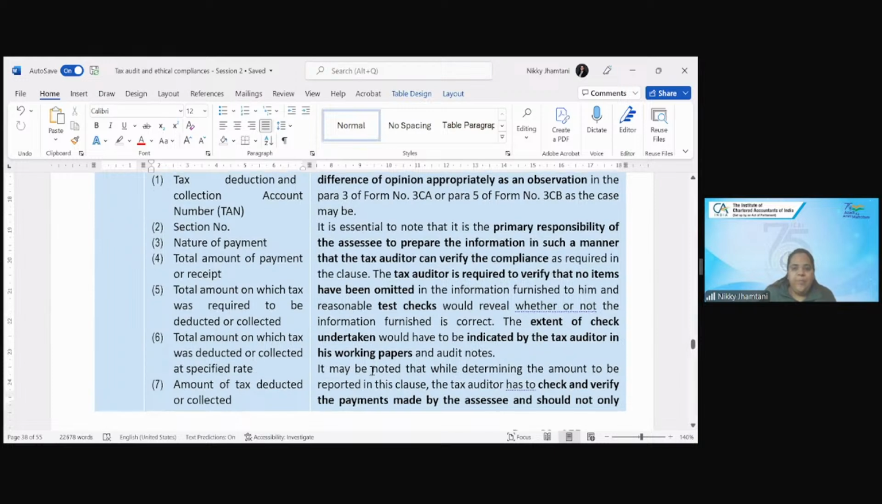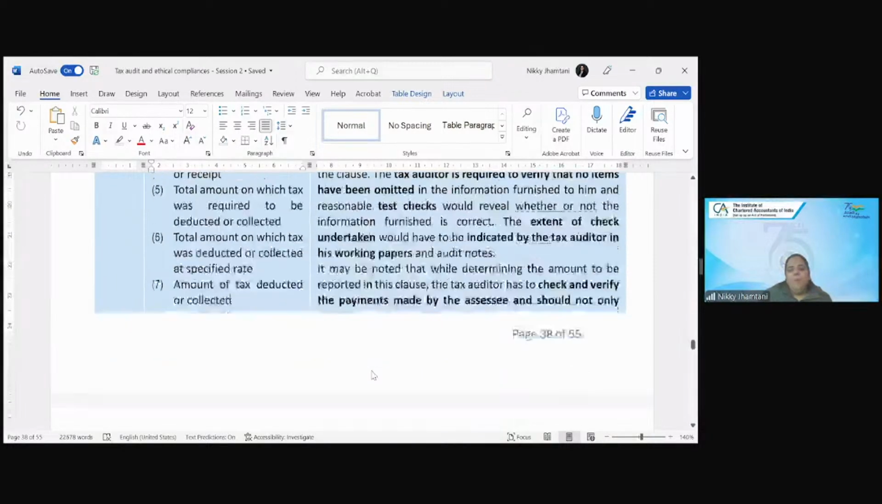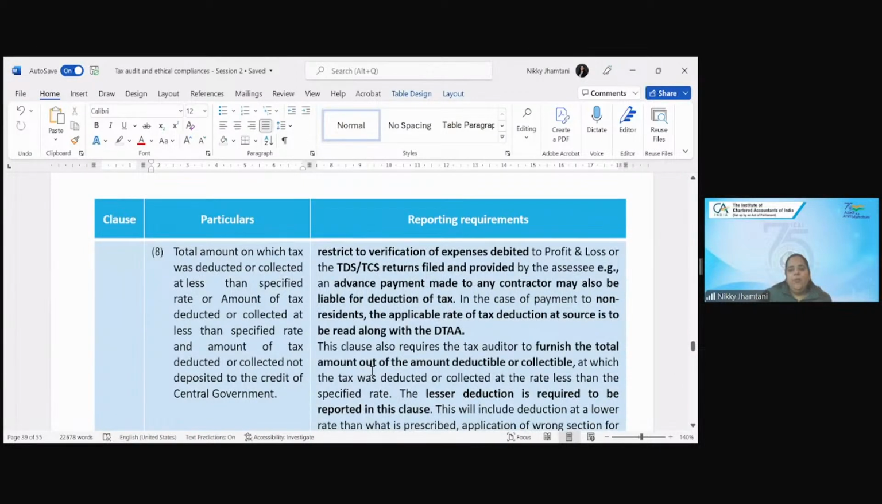It may be noted that while determining the amount to be reported in this clause, the tax auditor has to check and verify the payments made by the assessee and should not only restrict to verification of expenses debited to P&L or the TCS returns filed and provided by the assessee. So, for example, an advance payment made to any contractor may also be liable for deduction of tax. In the case of payment to non-residents, the applicable rate of tax deduction is to be read along